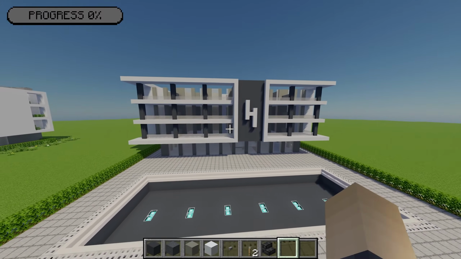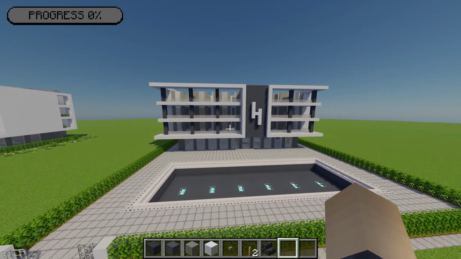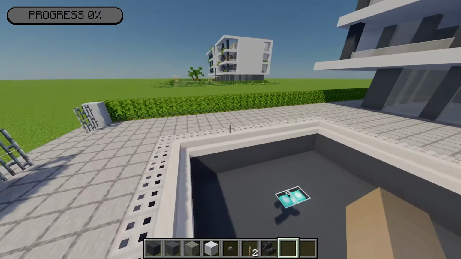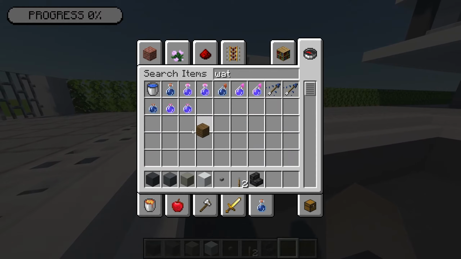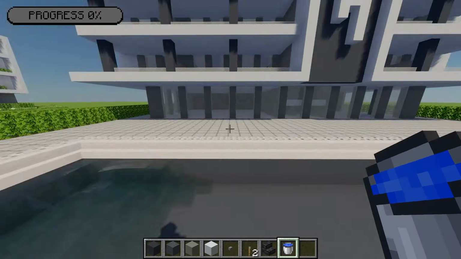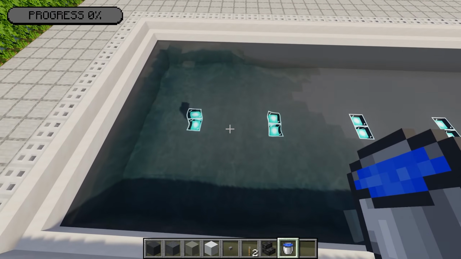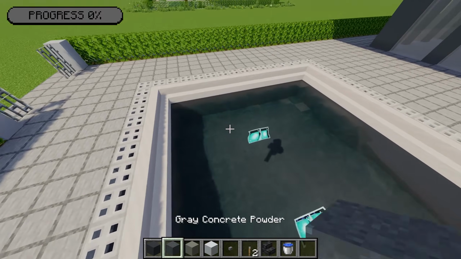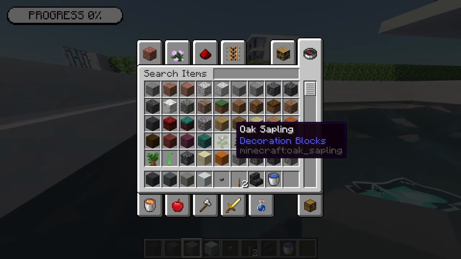So before I start decorating the interior, it's time to make the outside look all nice. First up, I need to fill up this swimming pool. And I know in Minecraft usually the easiest way is to YOLO it and just place it everywhere. But the trouble with this is it often gets a lot patchy, and there's always one spot which you miss. So the easiest way you can fill up a swimming pool in Minecraft, I found, is